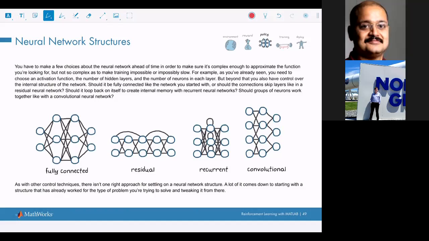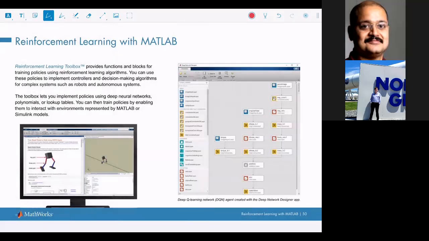So there is the fully connected network, the residual neural network, the recurrent neural network, and the convolution neural network. So you can choose the structure of the neural network. And what I want to tell you is,